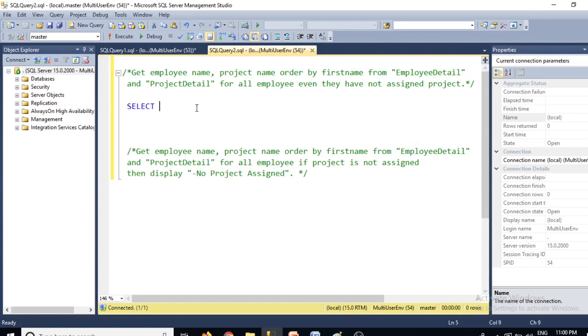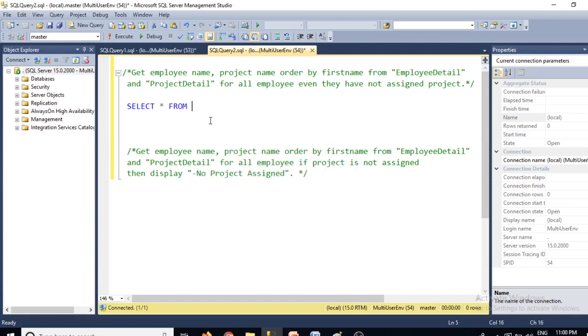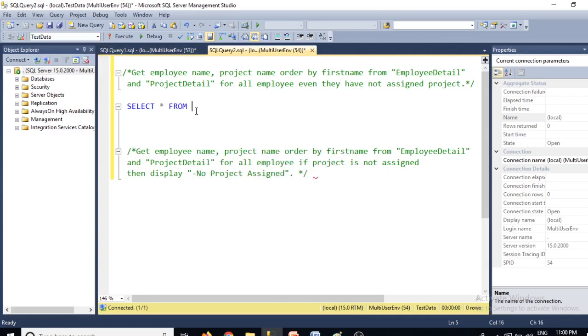Select star from, first simply I have written star, so let's write, and second I have to select the database over here and employee detail, let's say alias A, and here we'll write left outer join.